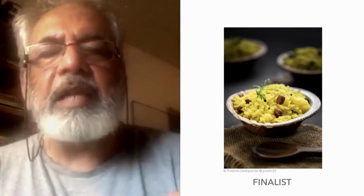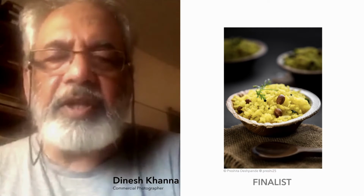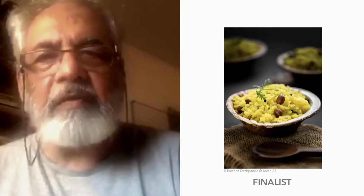This is poha, something which all of us in India are familiar with in different forms. It's a breakfast dish with some variation in the south, in the west, in the north, but all of us know it. And the very choice of this dish in a way is appealing to my very elemental and very basic Indianness. So wonderful, great start right there. Then as a photographer, what she has done, right? She, Prashita, has done